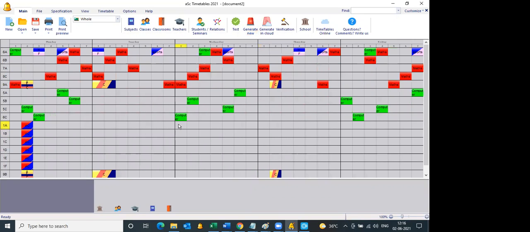I don't know, previously also, I think, Deepika, we have seen this software, right? ASC timetables. Yes, ma'am. So you remember, when we used to run it for the entire 35 periods slot, there used to be a lot of problems, and then the person used to tell us that you have to remove a few constraints. Only then the timetable will be generated. I spoke to him. He says you have to go to the particular class and check if all the periods are allocated properly. There will be no error.